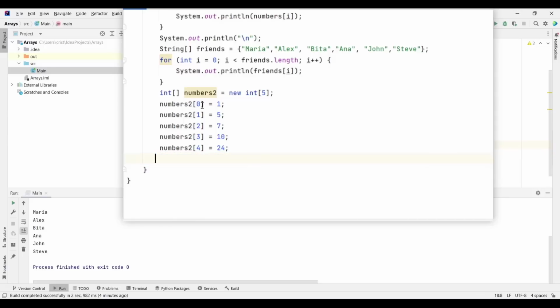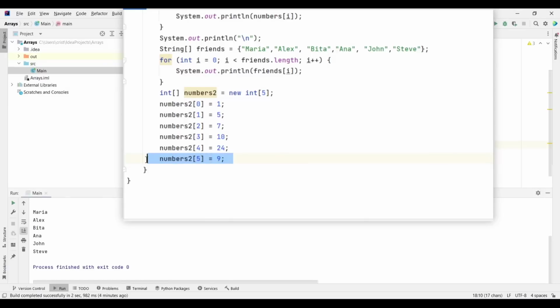Because we already have 5 elements here, 1, 2, 3, 4, and 5, when we try to add here, let's press tab, numbers 2, and array 5 equals, let's say, 9, it immediately shows this warning saying array index is out of bounds.